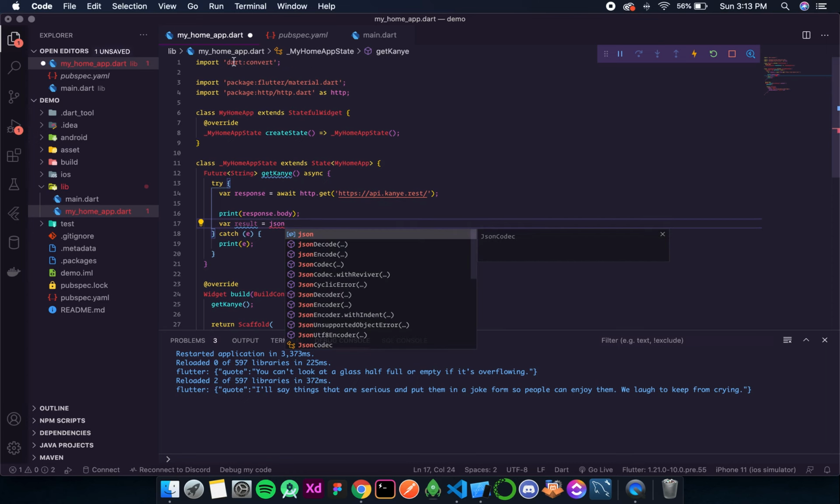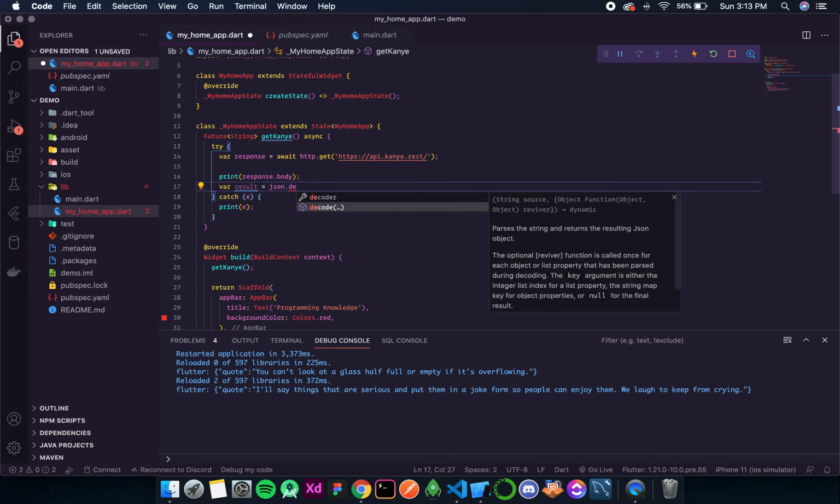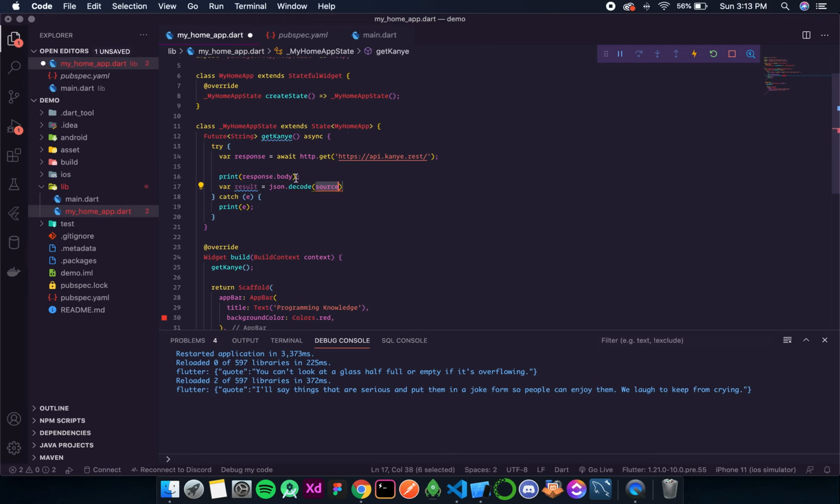Now this JSON is inside this dart:convert, JSON.decode. Now string is the encoded thing. If we convert a map to a string, then the string is considered as the encoded output of that JSON value. Since we have the string, we need to decode, we need to go back, and over here I'll write